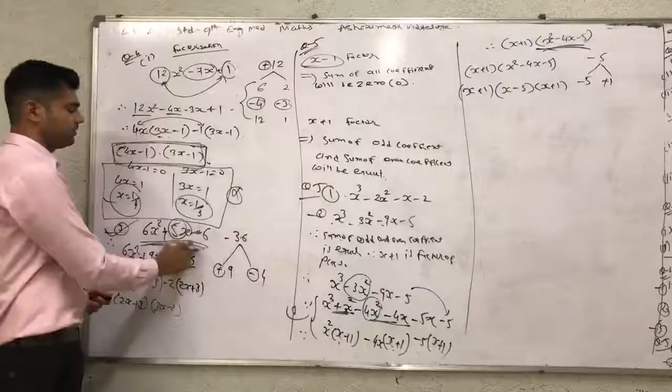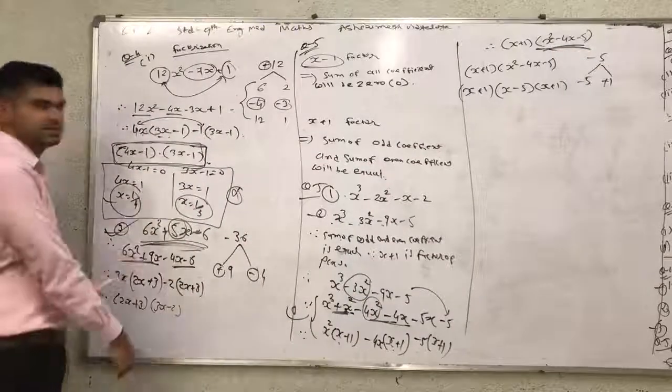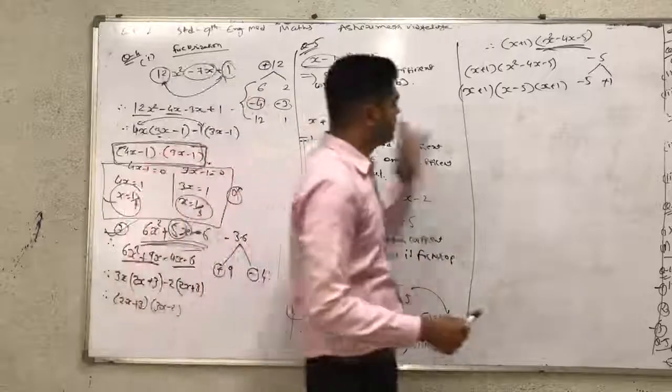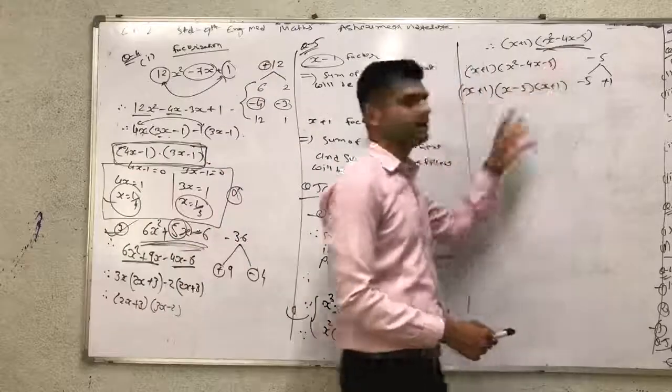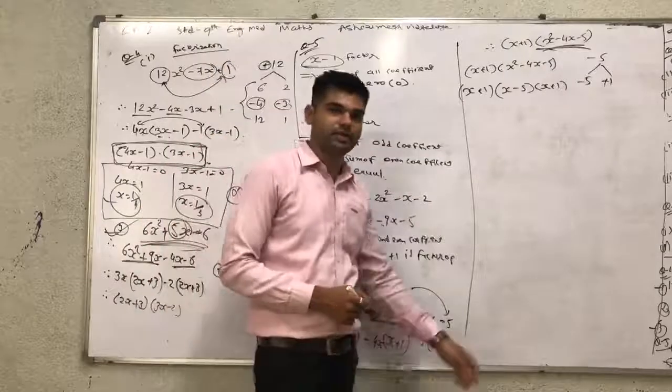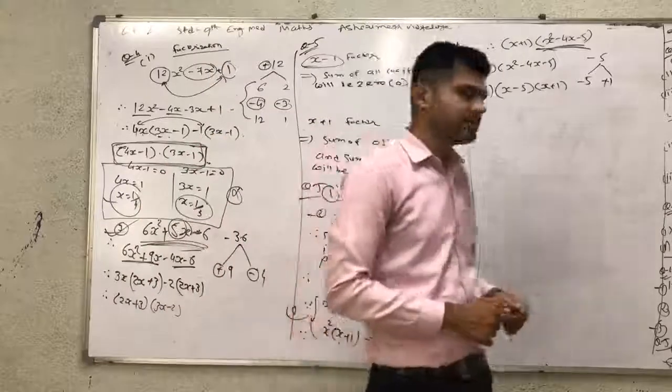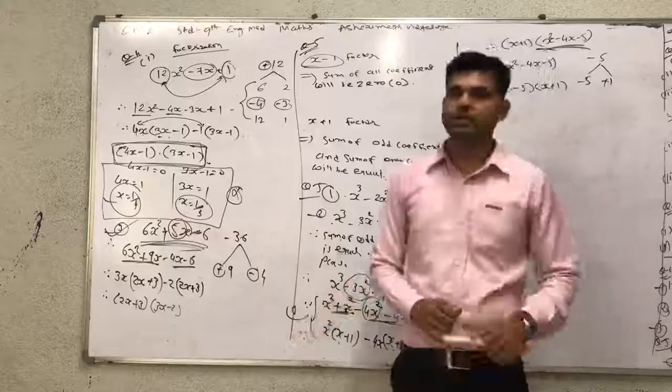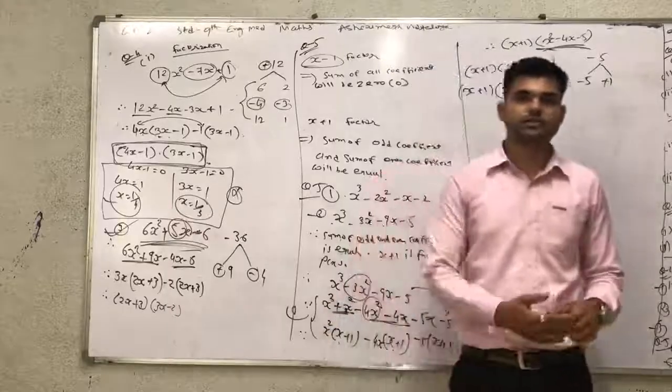This type of polynomial we can solve by the factorization method. Using the factors of the given terms, three factors will be available, and we solve only when the factors remain fine. So the remaining questions, question 5 and question 4 in the homework, solve by yourself. Thank you friends.